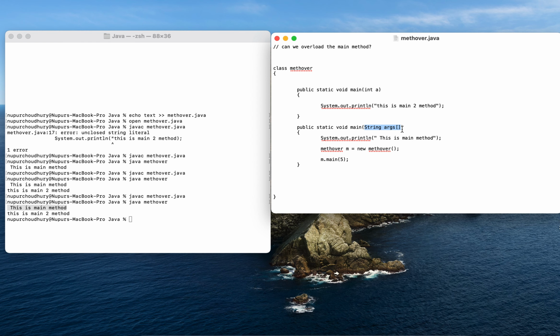So I think this point is clear when I am talking about whether we can overload the main method or not, or whether we can have multiple main methods inside the same class or not.